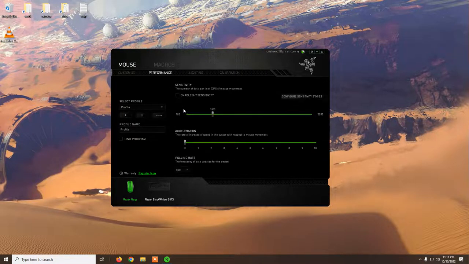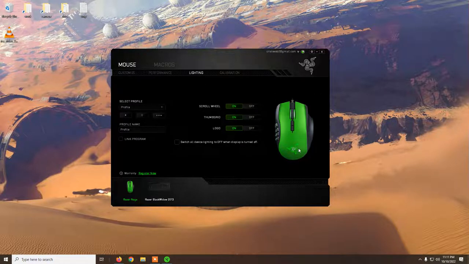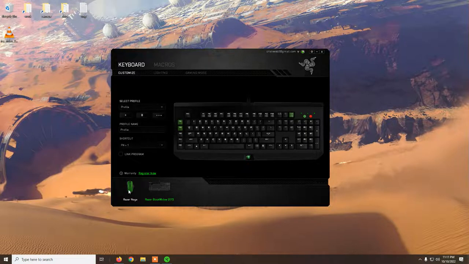And what else? You can adjust the DPI and the lights. In this case, this mouse doesn't have Chroma, so it's not RGB. It only has green lights. You can just turn them on or off. And that's pretty much it. Here we have the keyboard that I use, an old Razer Black Widow 2013, and this one